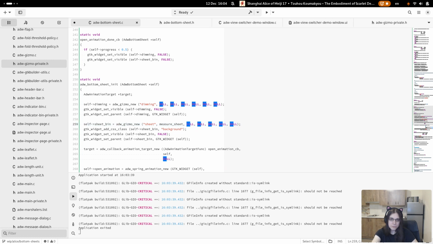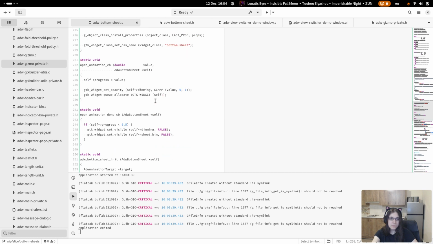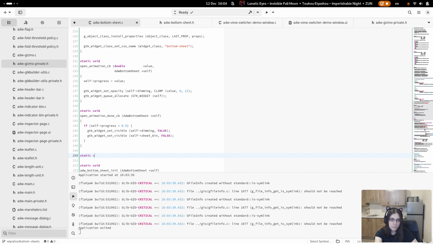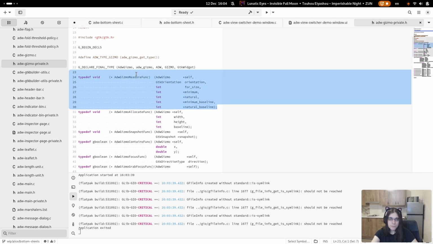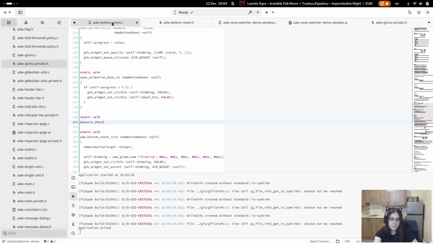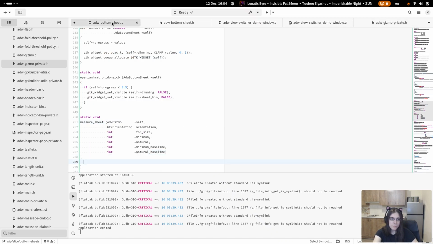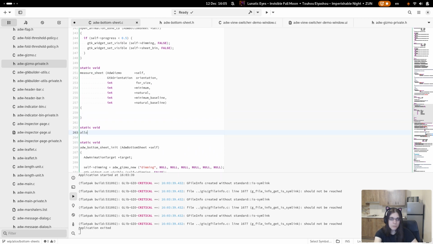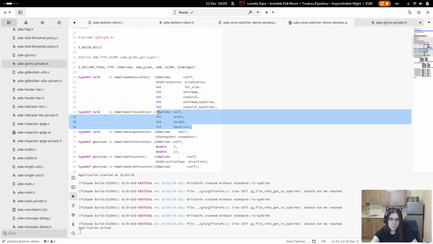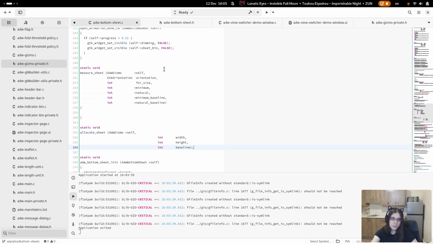Measure sheet, allocate sheet. And allocate.